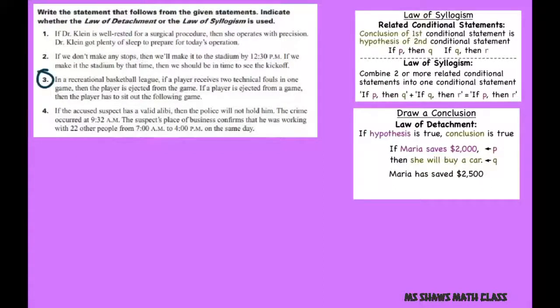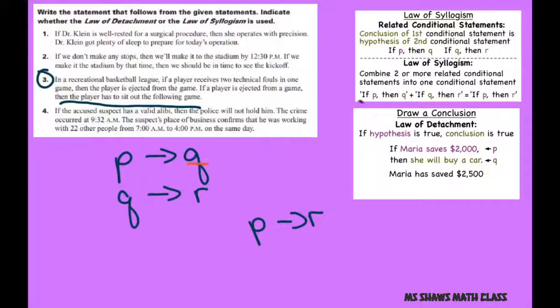Number 3. In a recreational basketball league, if a player receives 2 technical fouls in one game, then the player is ejected from the game. If the player is ejected from the game, so now we're using our Q as our hypothesis instead of our conclusion, then the player has to sit out the following game. So what we want to write is if P, then R. That's your law of syllogism, because you have these 2 statements here. The conclusion changes to the hypothesis. So what you're going to write is if the player receives 2 technical fouls in one game, so write that, then the player has to sit out